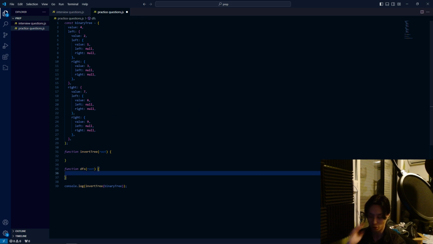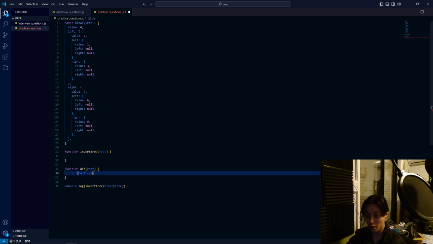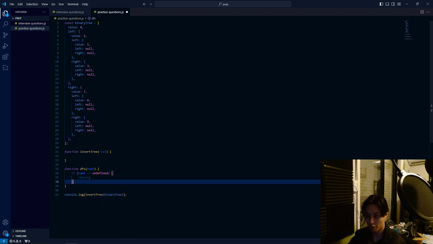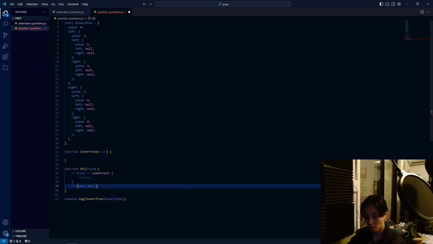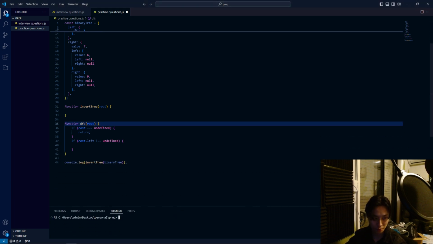So I'll write out my solution from before, which was: if root, which is the base case, in the case that this is null, or the termination point, which is here. If root is equal to undefined, I guess loosely is fine actually. If it was loosely typed, it would have worked. I just returned, right? And then if root dot left does not equal undefined, but for the sake of the example, and to show you guys and myself where I went wrong in the future,